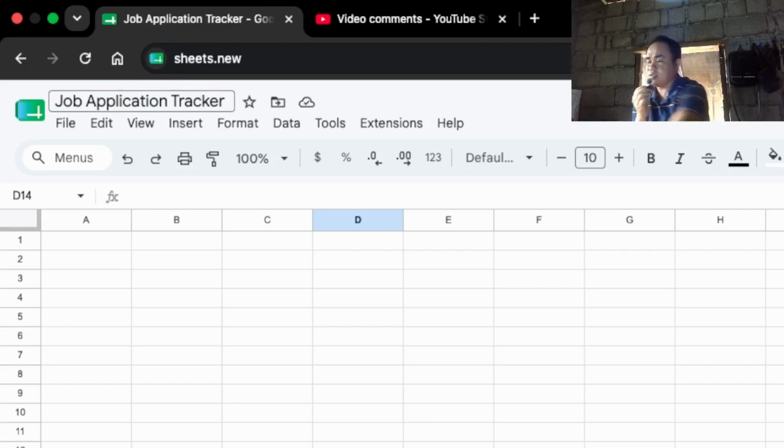Okay. And then the next one is we're going to create the backbone of our template, which is the header. Basically it's just a basic table.